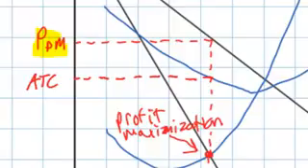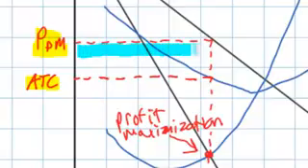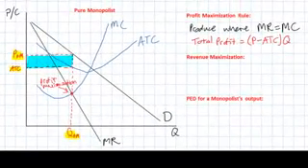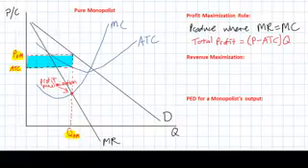The area of economic profit, therefore, is simply the price minus the average total cost times the quantity. And on our graph, it is a rectangle. The blue rectangle on our graph represents the maximum level of economic profits that this monopolist can hope to achieve given the level of demand that it faces and given its costs of production. Any level of output greater or less than QPM will result in a reduction in the size of its profit rectangle. Therefore, by producing at QPM, the firm maximizes its total profits. We can see that a purely monopolistic seller